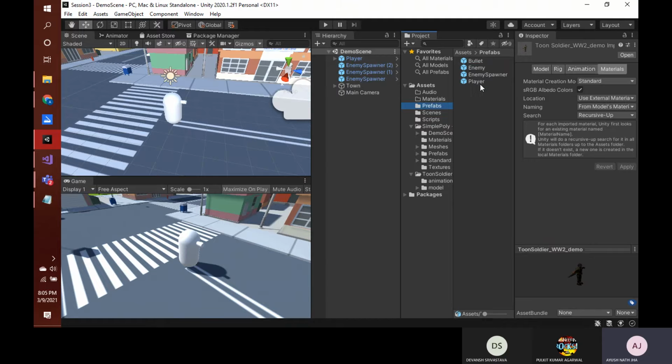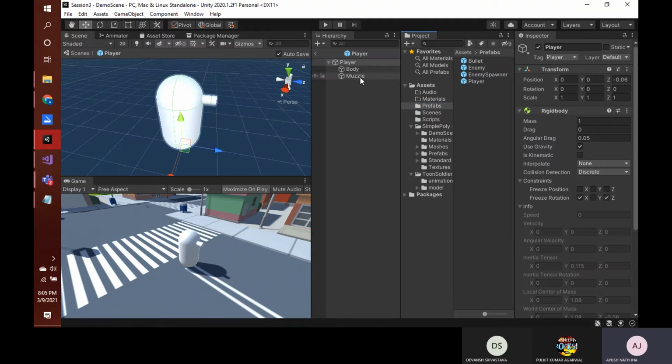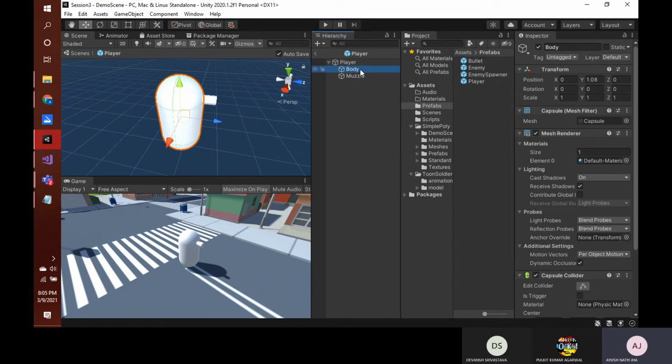So what we need to do is first open our player prefab. This is our player prefab, and now our body and our muzzle both are being rendered because of our mesh renderer. Since we are going to use that model as our visible element, we can simply uncheck this mesh renderer for both our body and muzzle.